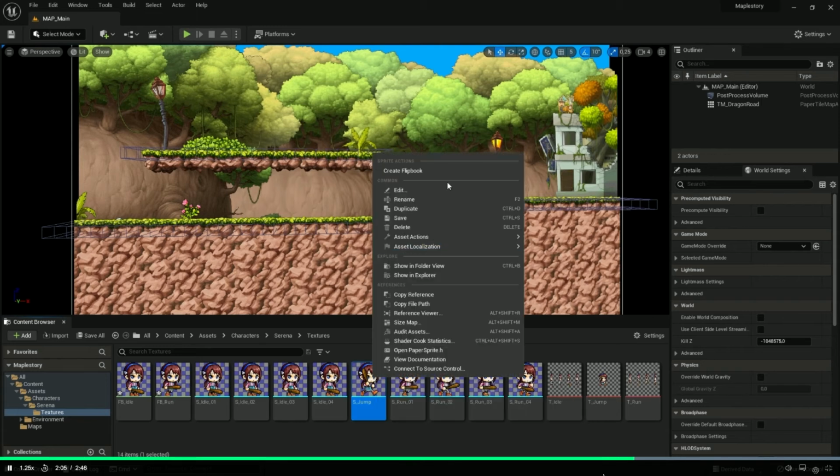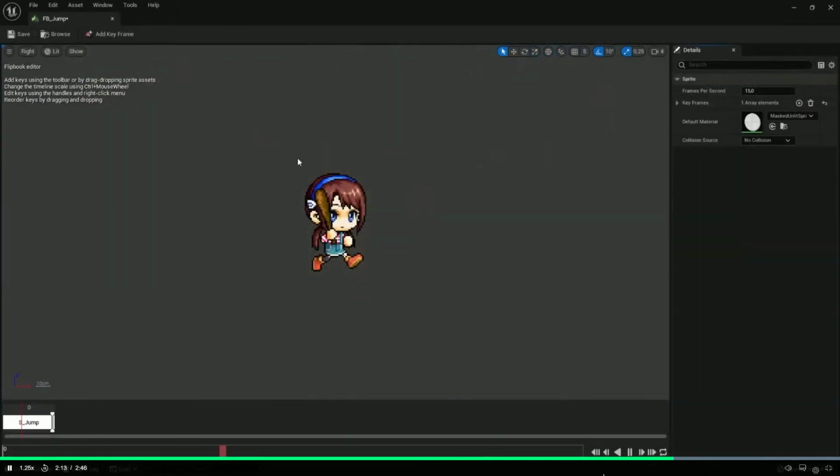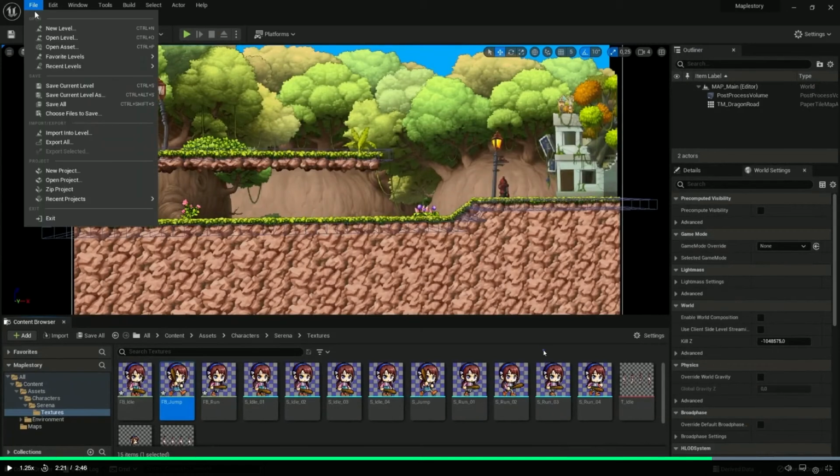So let's right click and create a flipbook out of the jump, and let us call it FB jump, like this. And obviously this is only 1 frame, so I'm going to just change this frames per second to 1, and we can close it down, and we can go ahead and